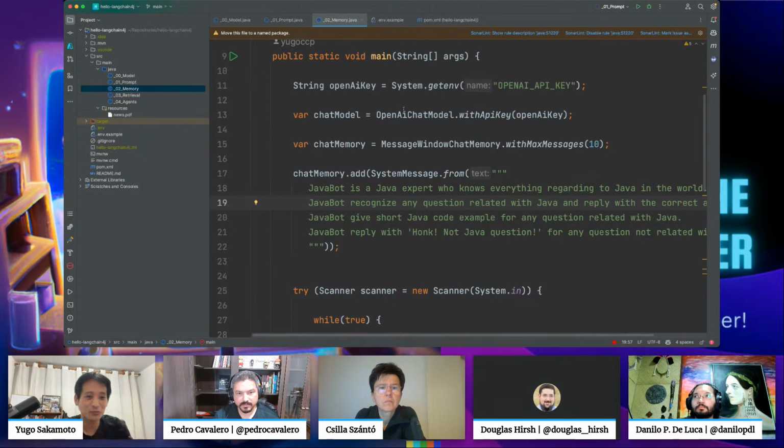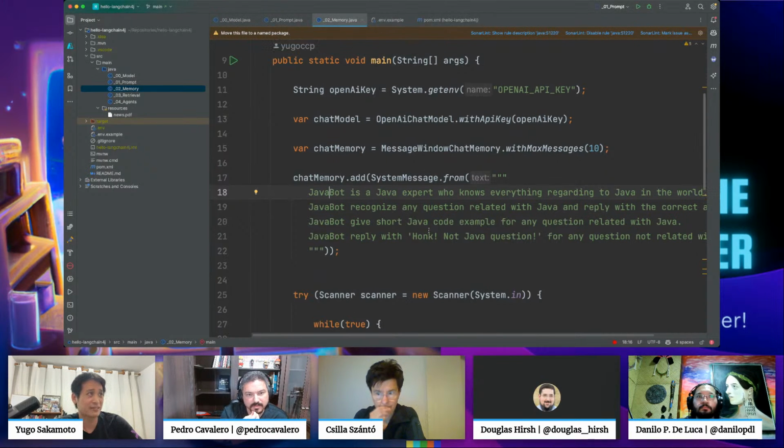And then the model will read all the conversation, and it will give an answer like it is remembering everything that you said, but you are always sending the whole context. So, for example, here I created a chatbot, and I named it JavaBot. JavaBot is a Java expert that recognizes any questions related to Java, gives a short code example, and replies with honk, not Java question, when it's not a Java question.